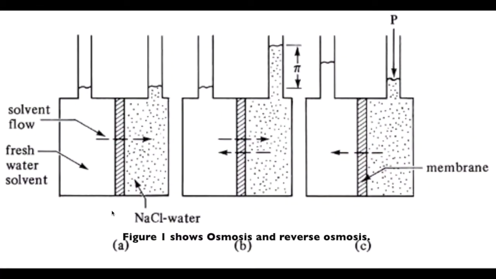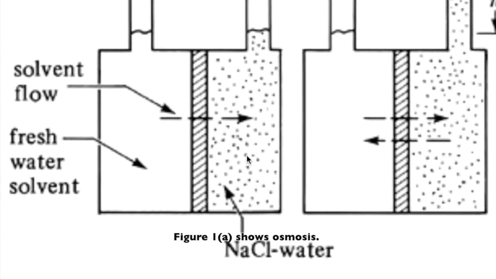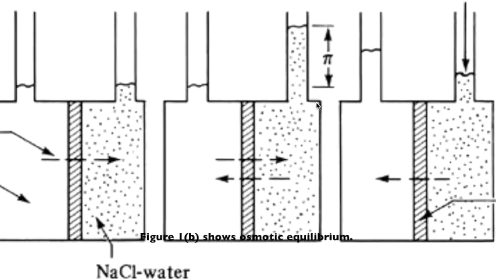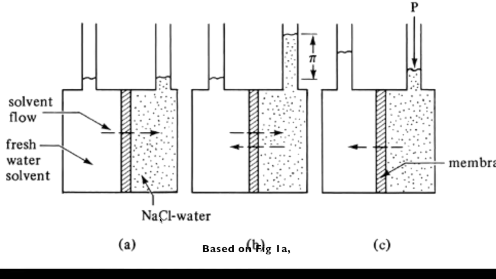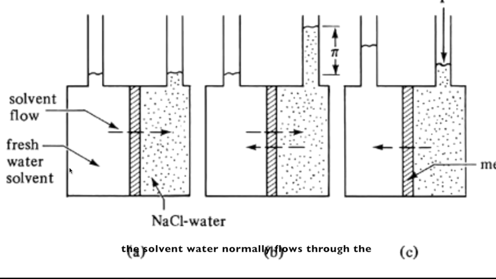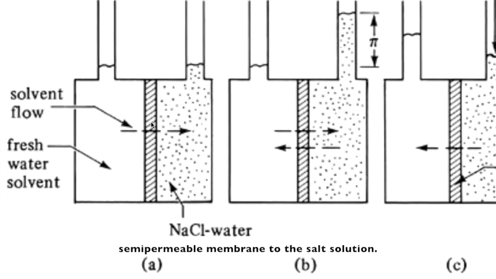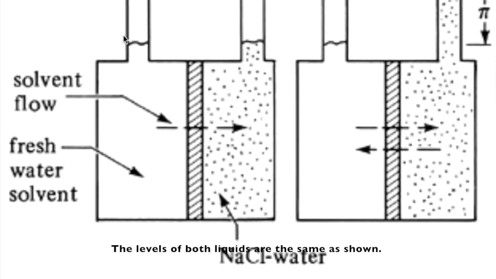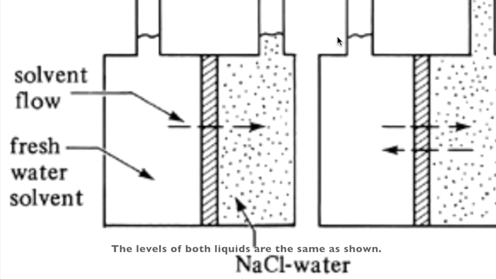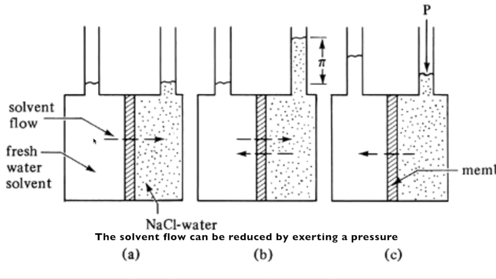Figure 1 shows osmosis and reverse osmosis. Figure 1a shows osmosis. Figure 1b shows osmotic equilibrium. And Figure 1c shows reverse osmosis. Based on Figure 1a, the solvent water normally flows through the semi-permeable membrane to the salt solution. The levels of both liquids are the same, as shown. The solvent flow can be reduced by exerting a pressure on the salt solution side and membrane, as shown in Figure 1b,